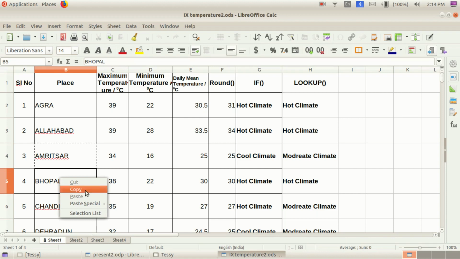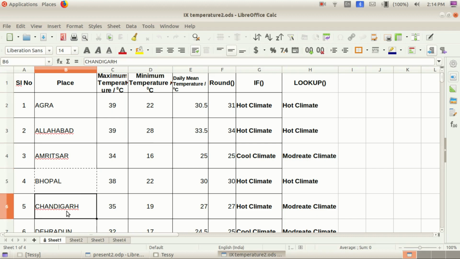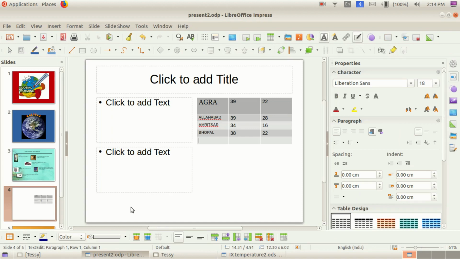Bhopal, 38, 22. Remember that. 38, 22. Let us give, okay.